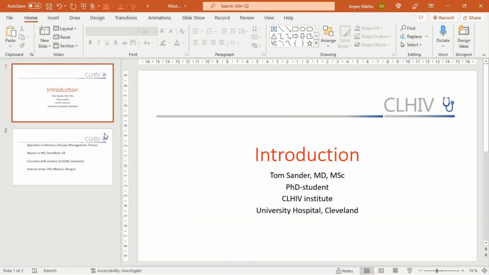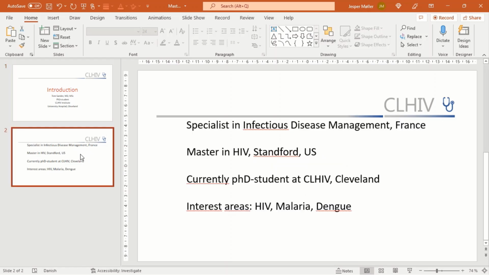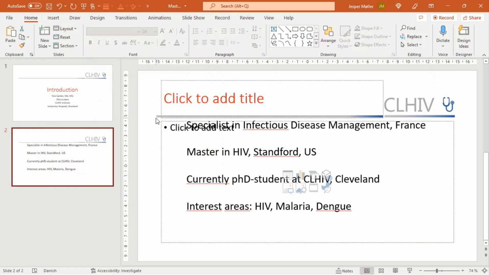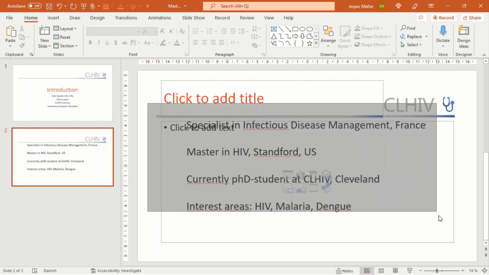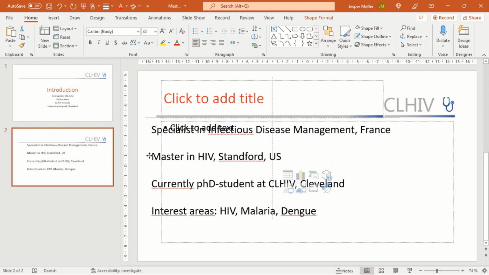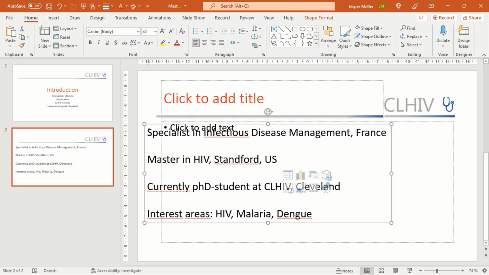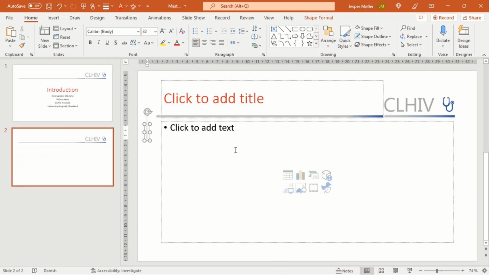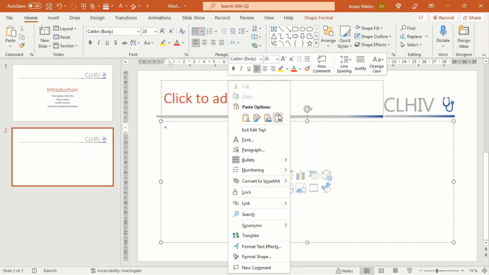The second page, let's open that one and go to layout and look at it. It's actually an empty page. Let's use a title and content page instead, this one. Now it's actually difficult to catch the text. So I just mark the area and then I can drag it. It is behind the front text box. I just cut it and insert it here with this function.